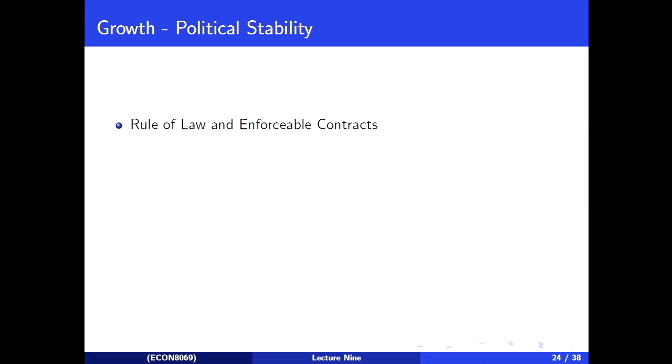And we're going to fold all of our political stability stuff into that notion of technology, because technology is everything else that's not physical capital or human capital or labor. So it really falls into that technology field. In order to have long-run growth, we need enforceable contracts. We need to be able to have a situation where I can sign a piece of paper with the university that says that they'll hire me for X number of years to do such and such a job. The university needs to know that I'm not going to rip them off, and more importantly, I need to know the university is not going to rip me off. Right? We need to be able to have enforceable contracts.